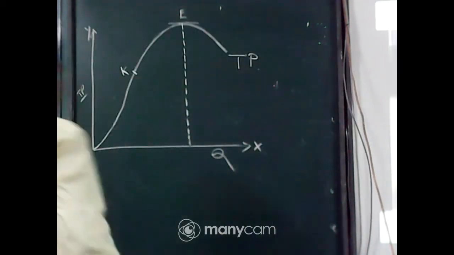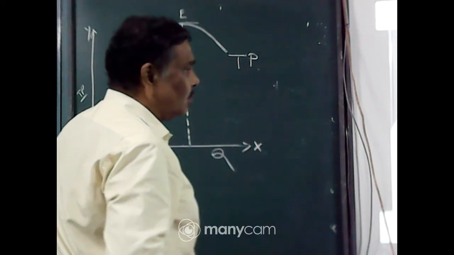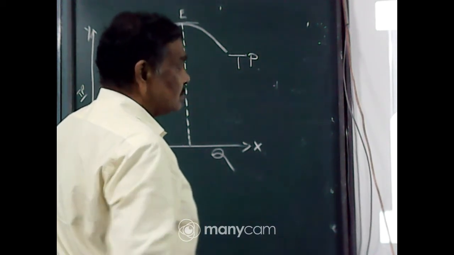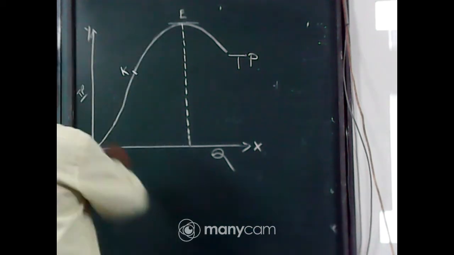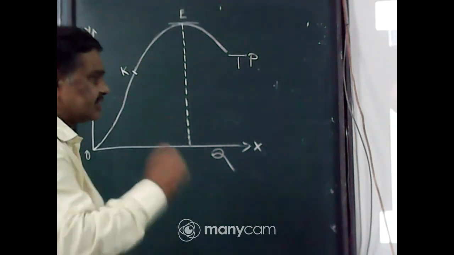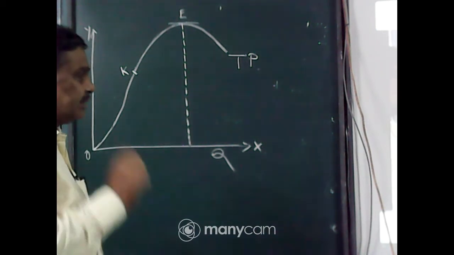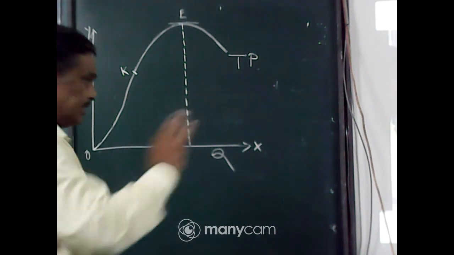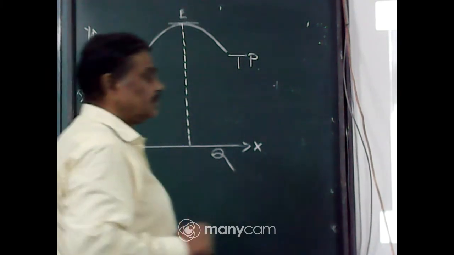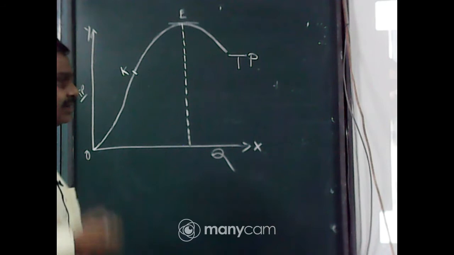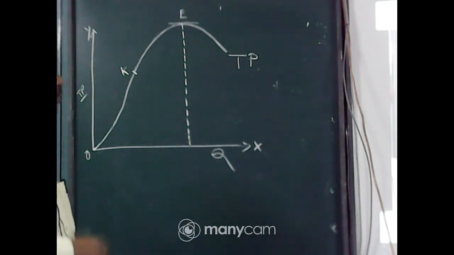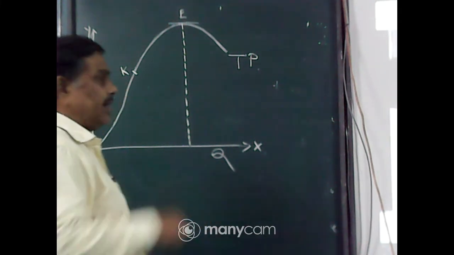Yes? Debargo. Which part is unable to follow? Which part is confused? Then this is the production increases. Just listen to me. Production is increases with the increase of fixed and variable factor. Now you listen. There are two types of factors of production, fixed factor and variable factor. What do you mean by fixed factor? The fixed factors are those factors which cannot be changed during short period, but the variable factor can be changed every time.